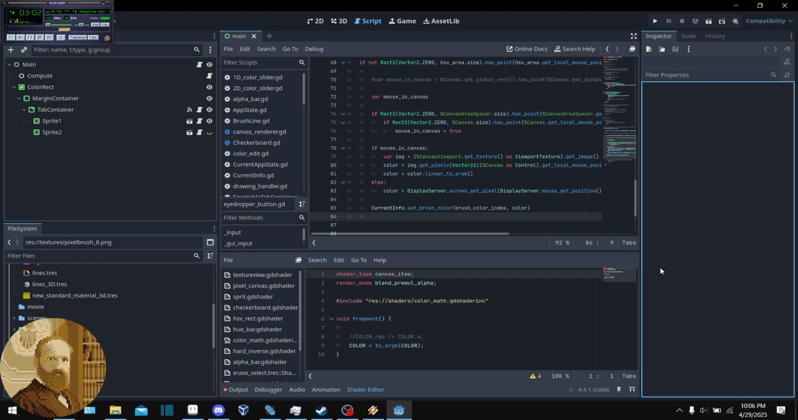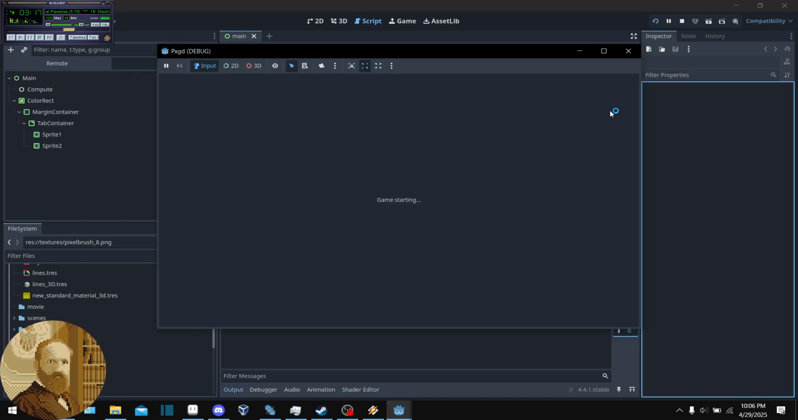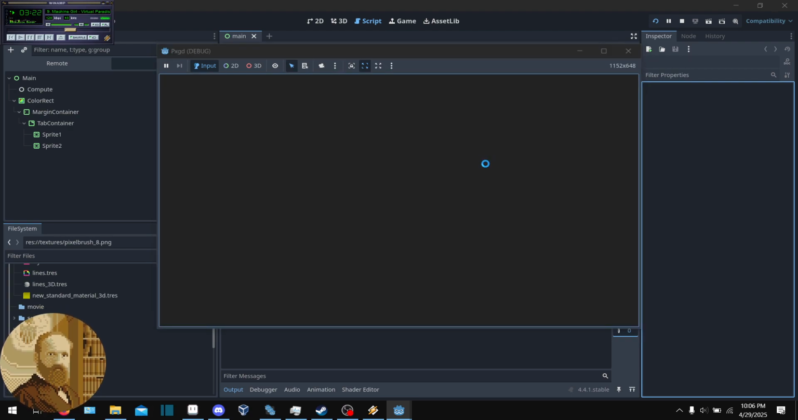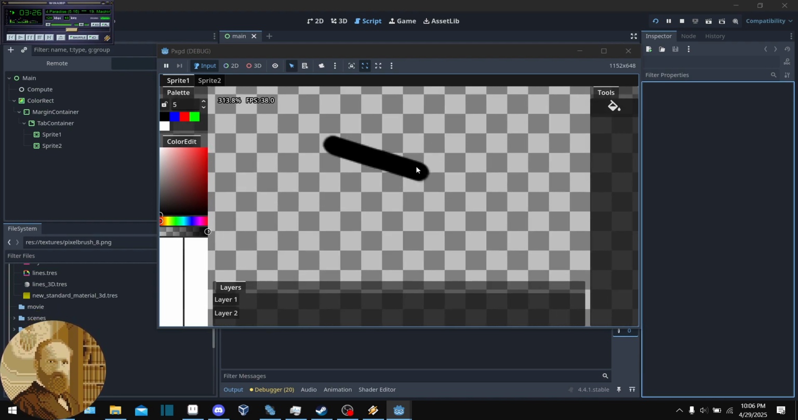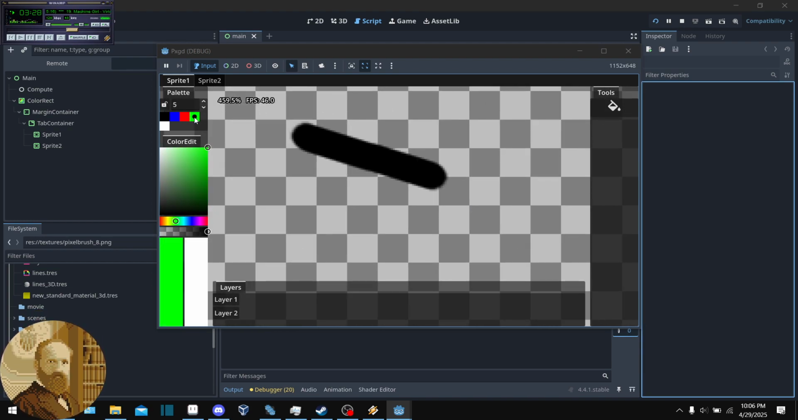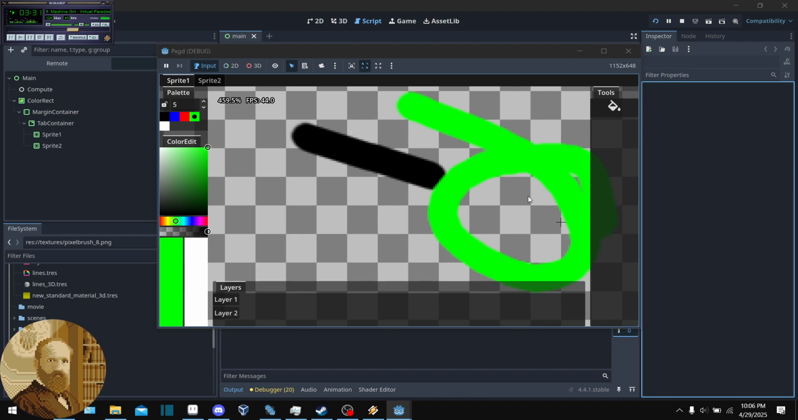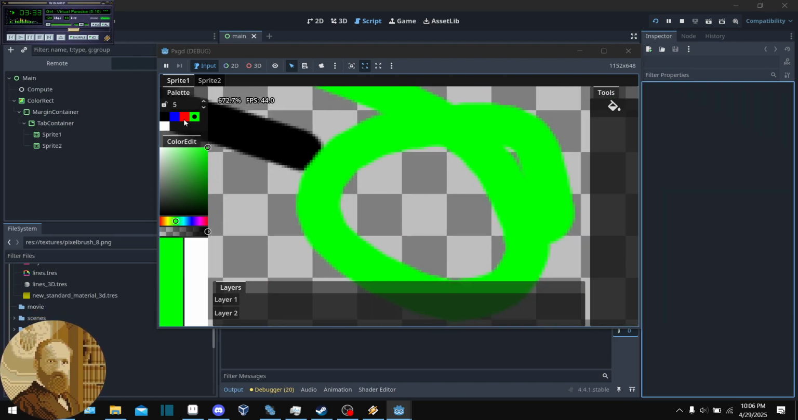So, let's see. Last time I believe we were working on erasing. Since then, I have also made it so that colors mix with the correct gamma. If you don't know what that means, basically, if you have a color like this green here and you use